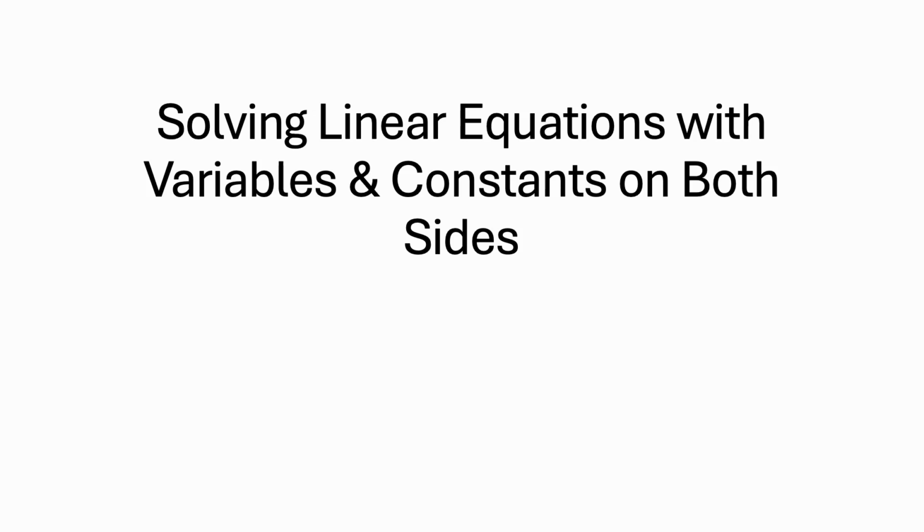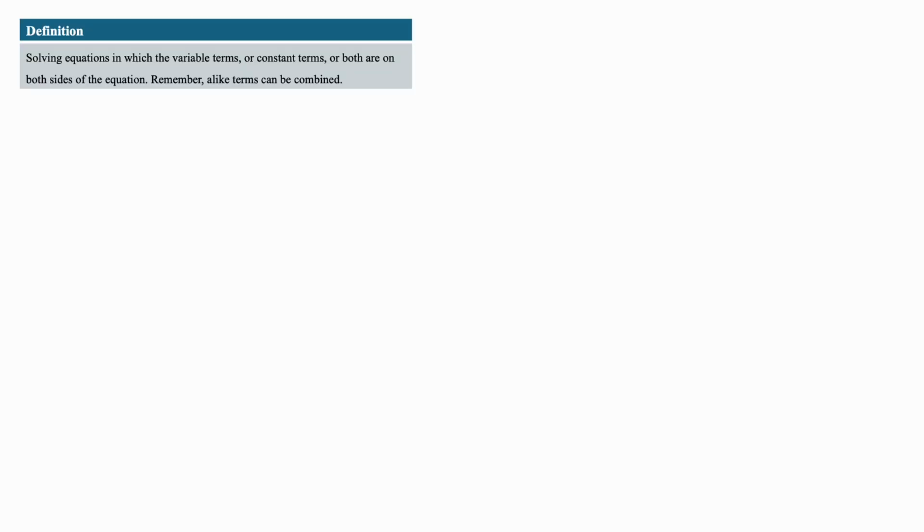Today's topic will be on solving linear equations with variables and constants on both sides. The definition for such is solving equations in which the variable terms or constant terms or both are on both sides of the equation. But keep in mind that like terms can be combined, such as 7x and 3x will equal 10x. Then we transform the equation that began with variables and constants on both sides into the form ax